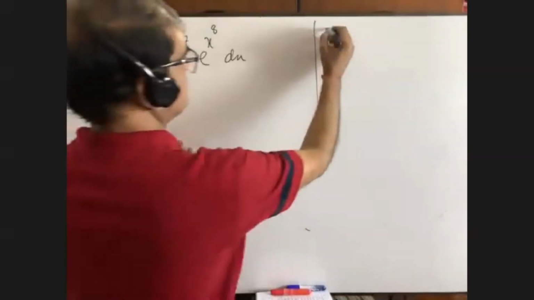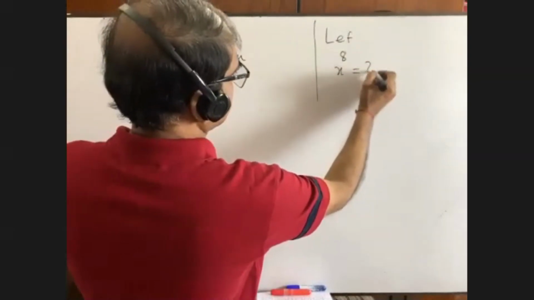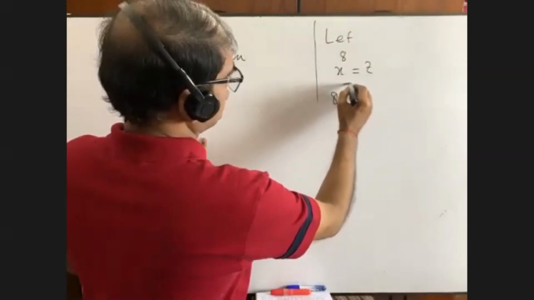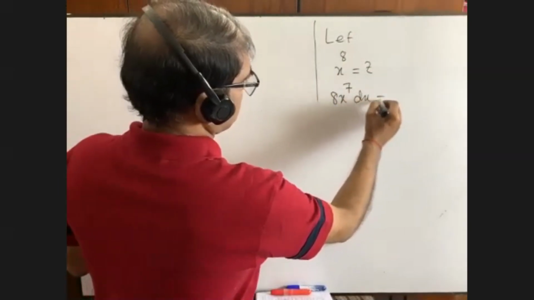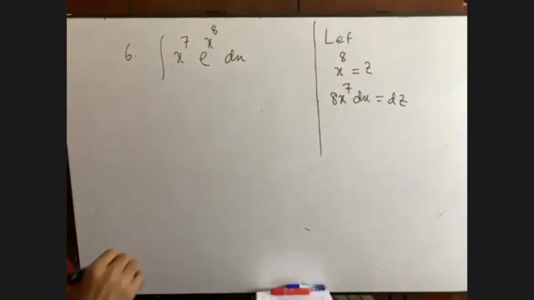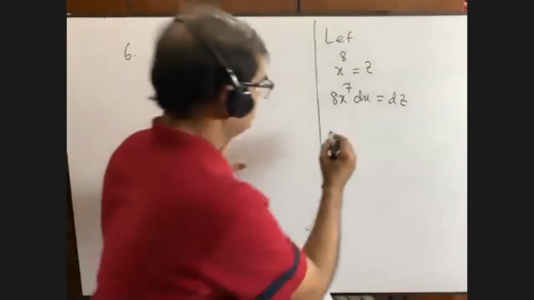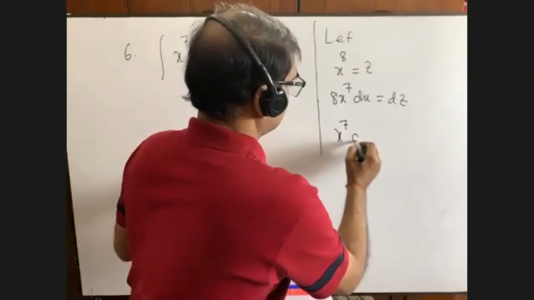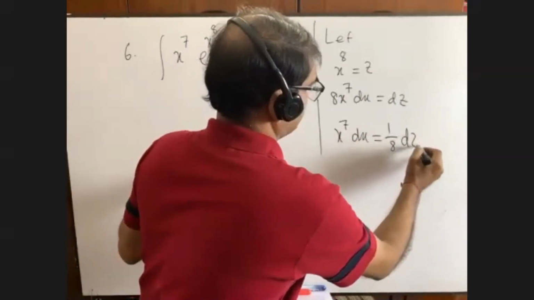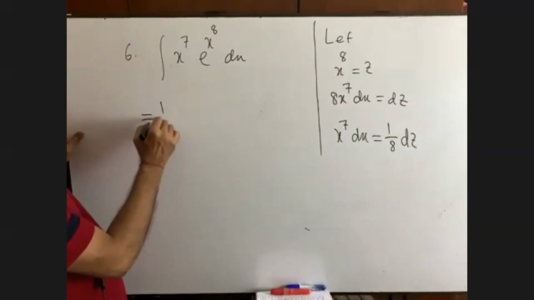which one can be taken as z. Talk to me. x to the 8. You are absolutely right. x to the power 8 will be taken as z. Because we will get here 8 x to the power 7 dx as dz. Is it? You see, we have already got x to the power 7 dx. That means from here we can find the value x to the power 7 dx is equal to 1 by 8 dz. Am I right? So you write 1 by 8. Very good.